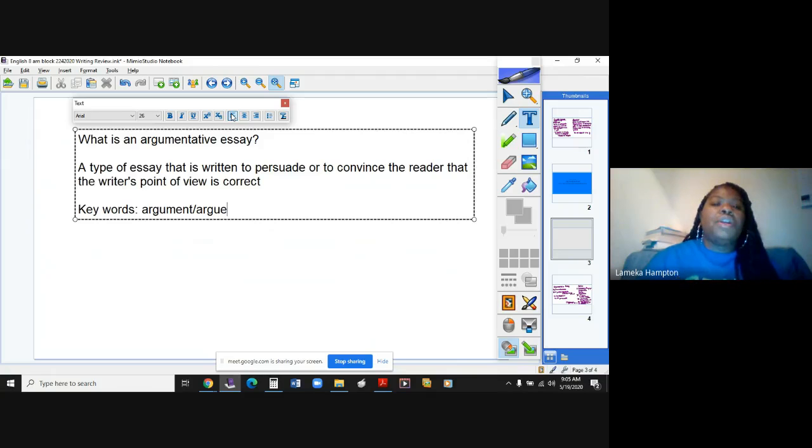If we really look at these words, argument and argue, what does that mean? When we are in an argument with someone, what are we doing? We are having a debate. We are having a heated discussion at most times. Sometimes it can just start off as a healthy conversation, which then goes into something deeper. A lot of people can become passionate when it comes to arguments simply because they want the other person to agree with what they're saying.